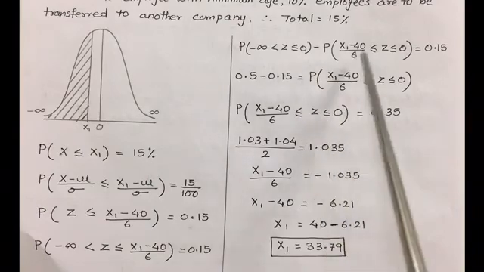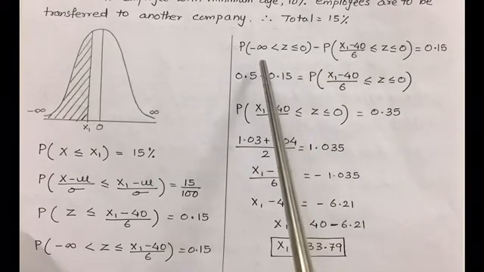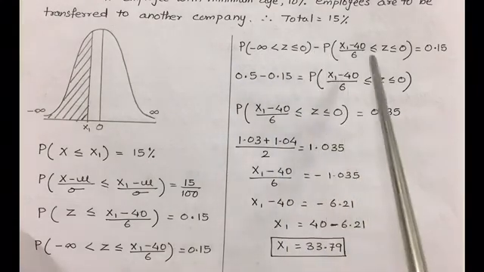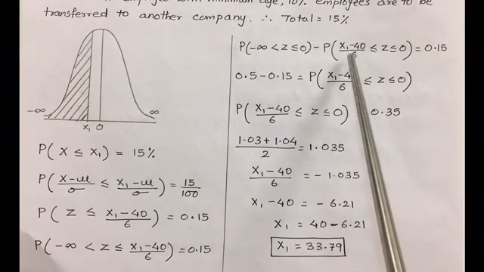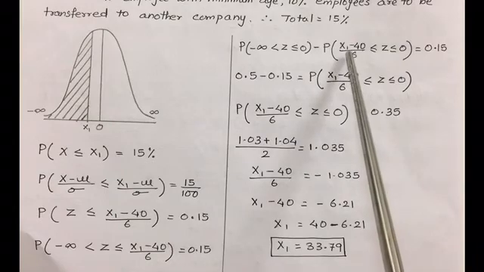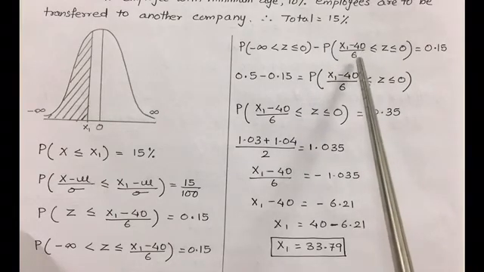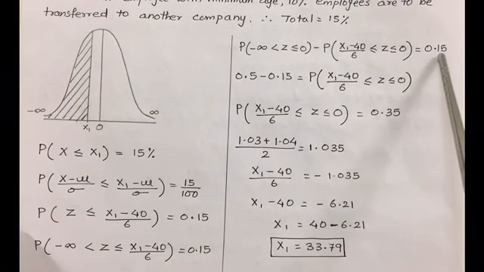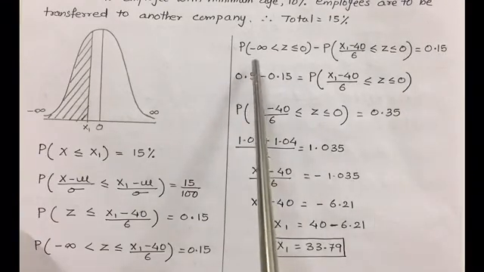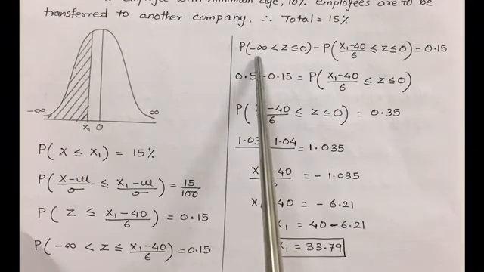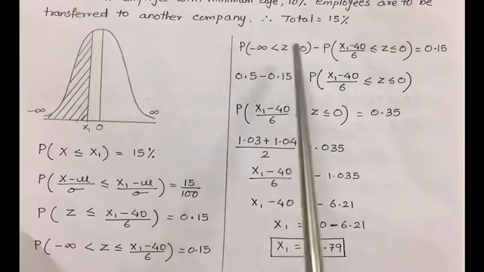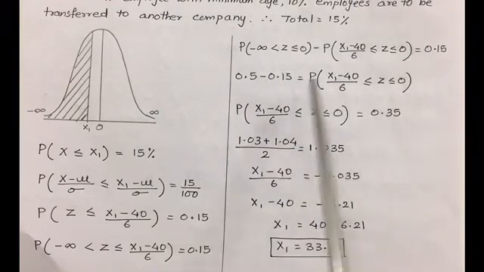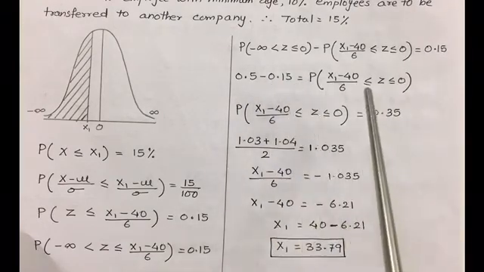So subtracting the probability, the first will be minus infinity to 0, and then (x1 minus 40) divided by 6 to 0, that is equal to 0.15. Keeping the area of minus infinity to 0 as 0.5 minus 0.15,